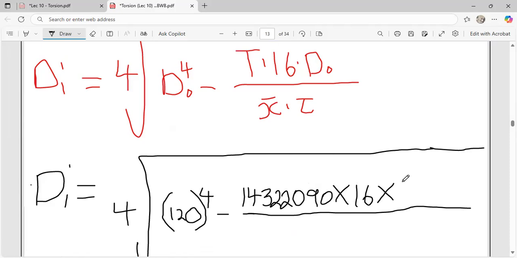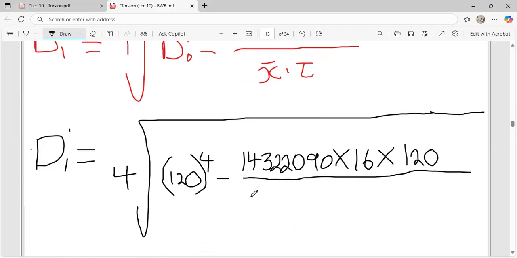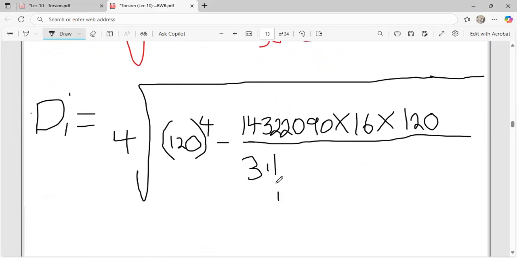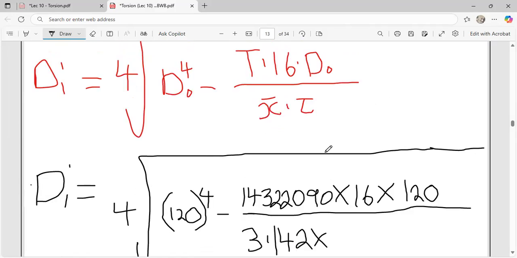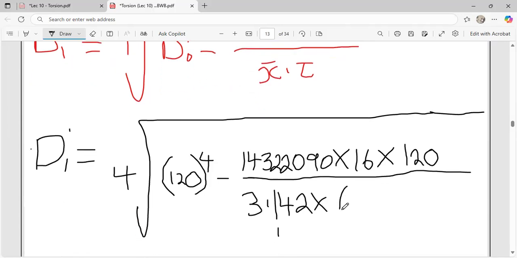Outer diameter. And the outer diameter we said was 120. It's just a matter of substitution. The pi we are using is 3.142, multiplying the tau, and that was the shear stress. The shear stress given was what? 60. So at the end of the day,